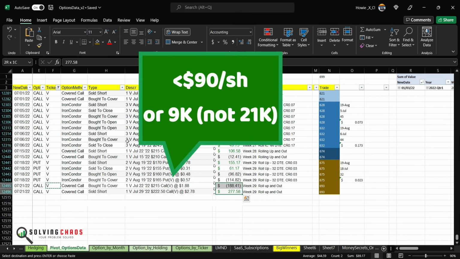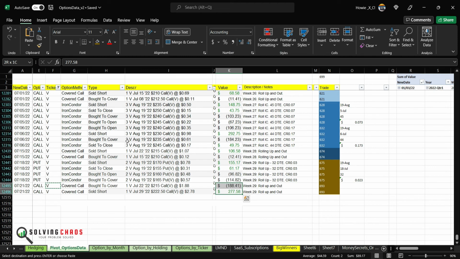Now, there's some other things you should know. My cost basis is not $200. I bought this under $100. So if you think about it, my cash outlay was less than 10 grand, and I'm able to hold the 100 shares and write these cover calls. My goal is, I'm not doing the wheel with this. My goal is to try to make enough income every week or every month using the shares that I already have. Because the dividend on Visa is so small, I'm really not holding it for the dividend.